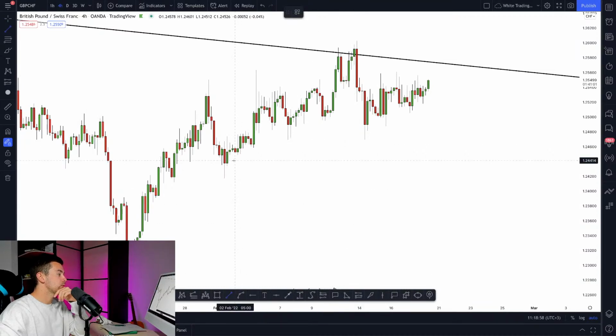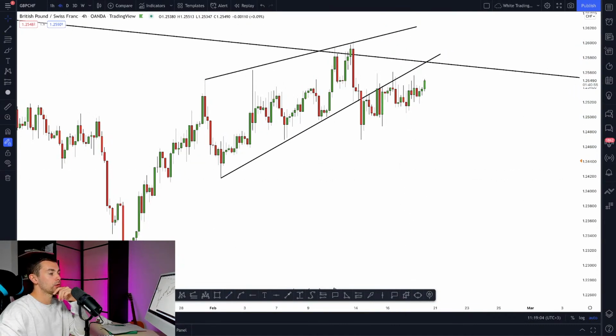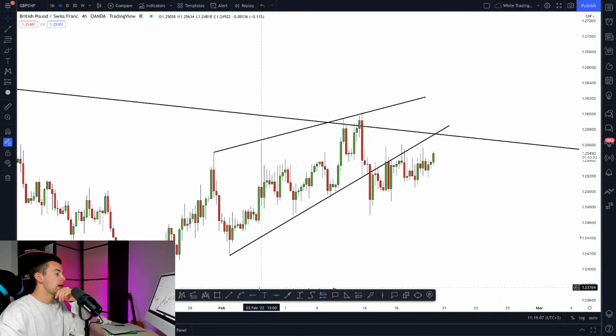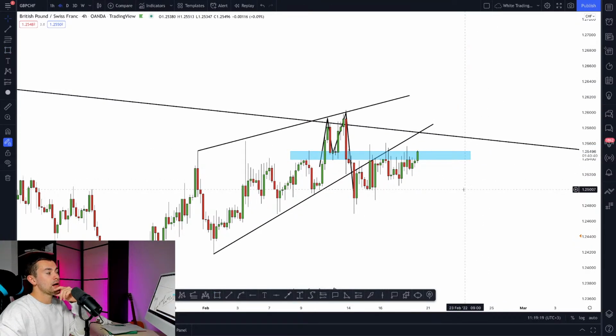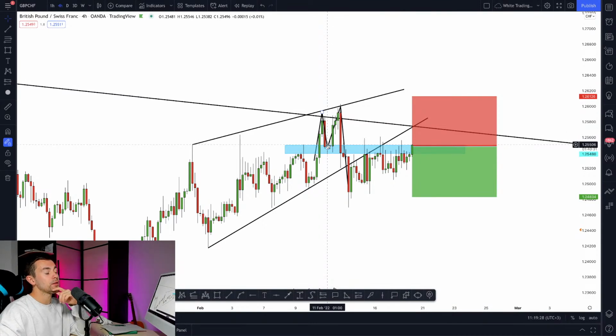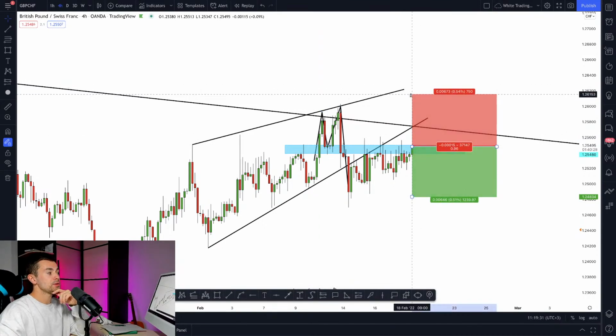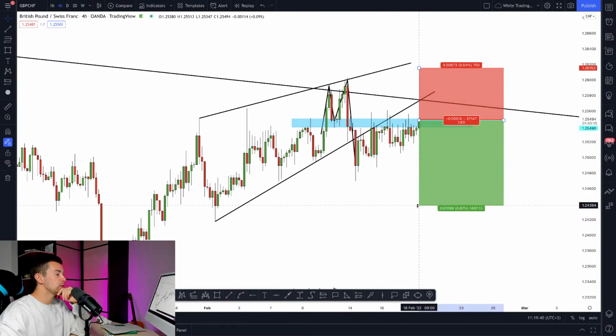Then analyzing the lower time frames, what I spotted is this rising wedge pattern on the 4-hour time frame. And moreover, within that wedge, what I spotted is a double top formation. Yes, double top right here. And the price violated the neckline of this double top to the downside as well. So I shorted the pair. I opened my short position on a retest of the broken neckline of the double top. I set my stop loss above the highs of this double top formation. And my initial target is right here.